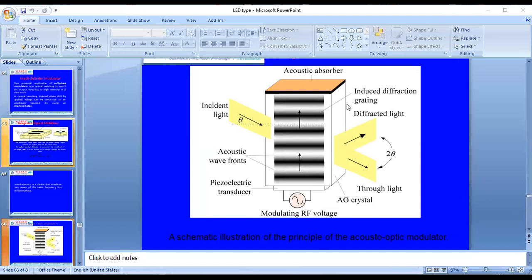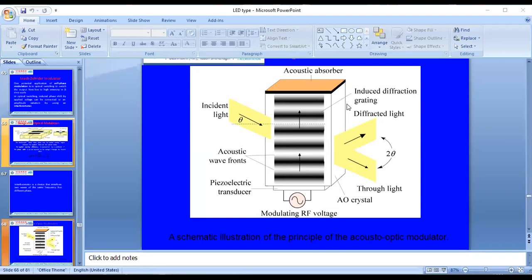Yeah. So this is an acousto-optic modulator. In this acousto-optic modulator, the principle is that whenever the incident light is applied to the crystal, the diffracted light output is produced. This diffraction gives a change in refractive index only. It also depends on the external RF signal voltage applied to the crystal, as well as the radiating light incident on it.